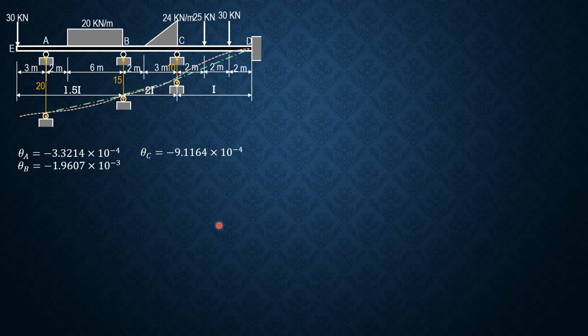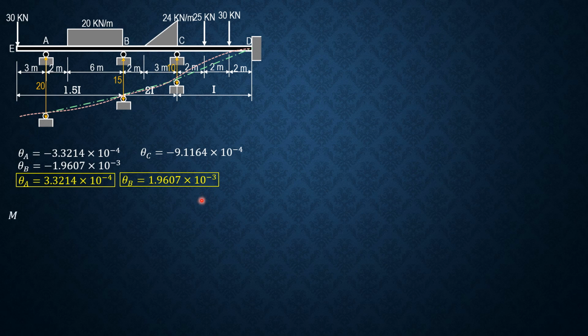So therefore, our answers would be theta A positive 3.3214 times 10 to the negative 4, because this is counterclockwise. And counterclockwise is positive. Theta B is also counterclockwise by slope deflection, and counterclockwise rotation is positive, so theta B is positive 1.9607 times 10 to the negative 3